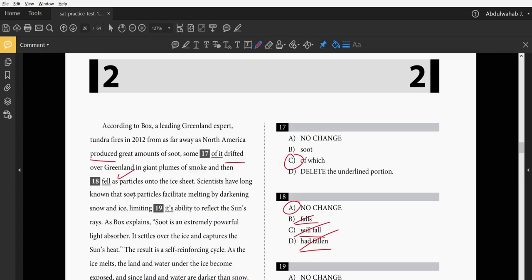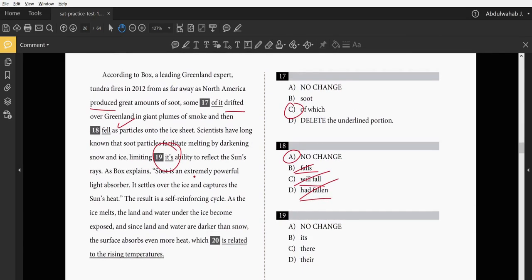Scientists have long known that soot particles facilitate melting by darkening snow and ice, limiting its ability to reflect the sun's rays. So when there's snow and ice, since it's colored white, it's easier for the snow to reflect the light of the sun, which helps it stay colder. Now here, "limiting its ability." The "its" we're looking for is the "its" of possession, because we're looking at the ability which belongs to the snow and the ice, limiting their or its ability to reflect